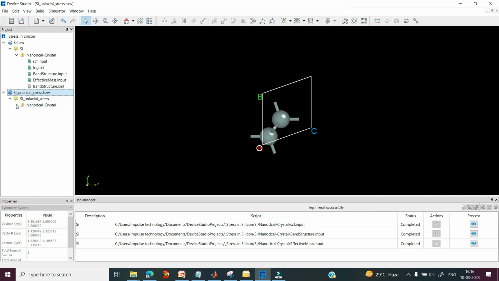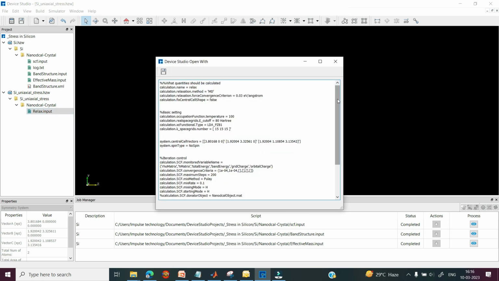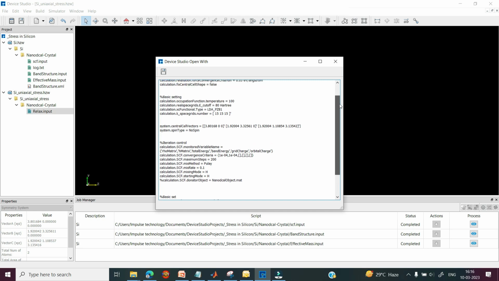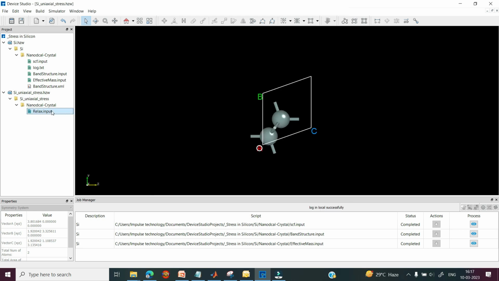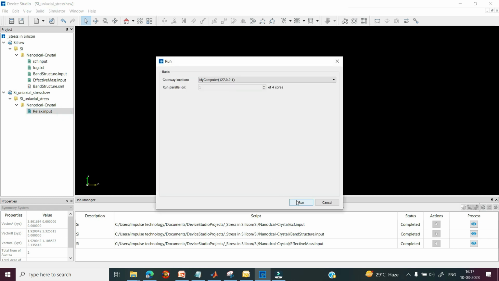Once you click on Generate File, in the project window you can see the relax.input file has been generated. You can select this file, right click, select Open With, and this is the script for this silicon under uniaxial stress. Similarly you can run this relax.input file: right click and select the Run option to run this job.